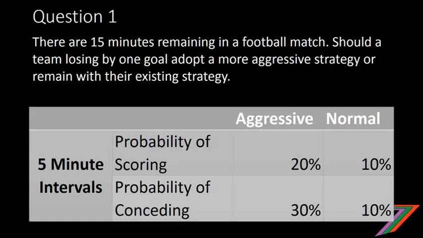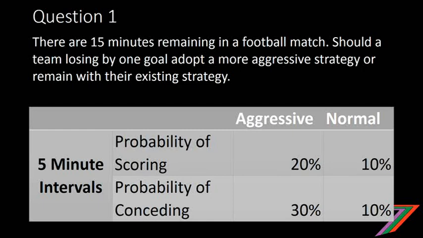So for example, with an aggressive strategy, there's a 20% chance you'll score within the first 5 minutes, another 20% chance you'll score in the next 5, and another 20% chance you'll score in the final 5. Whereas with normal strategy, there's only a 10% chance. But you also have to bear in mind with the aggressive strategy the chance of conceding more goals is 30% for every 5-minute interval, whereas it's only 10% using the normal strategy. So given these percentages, calculate the